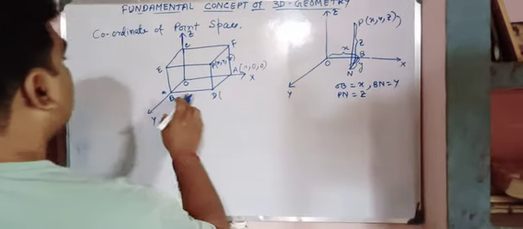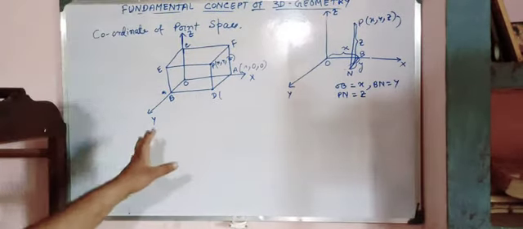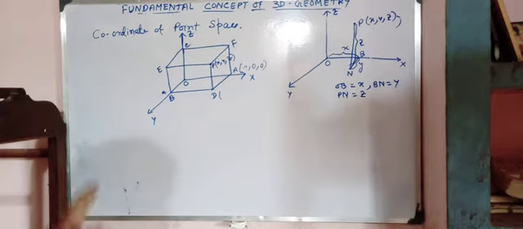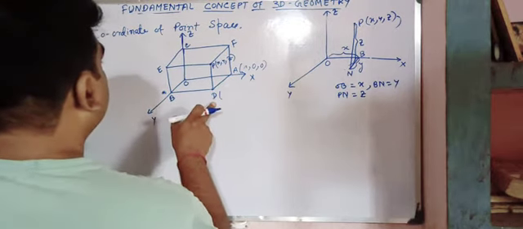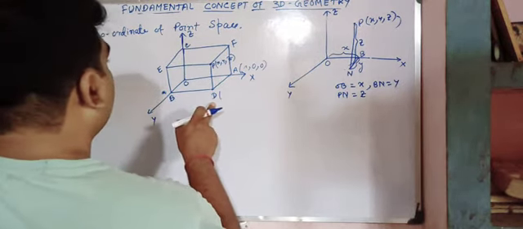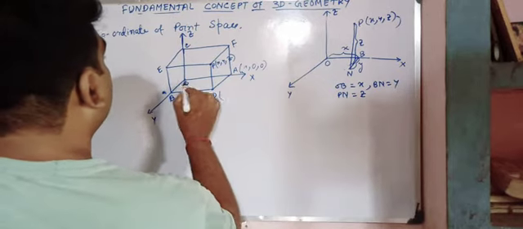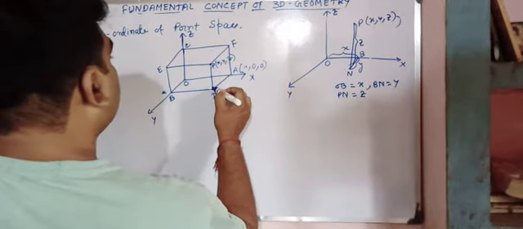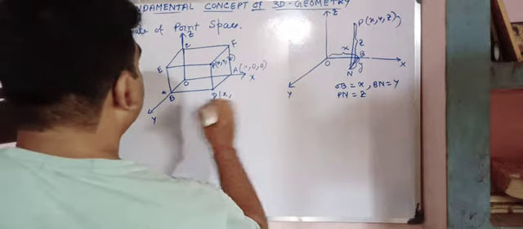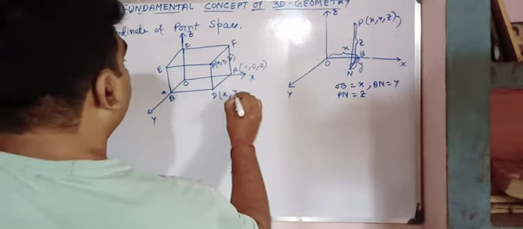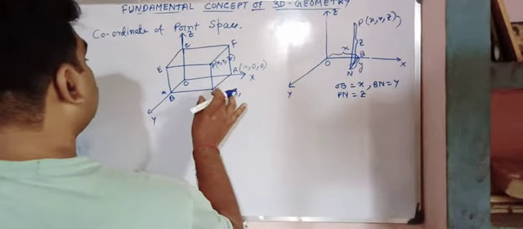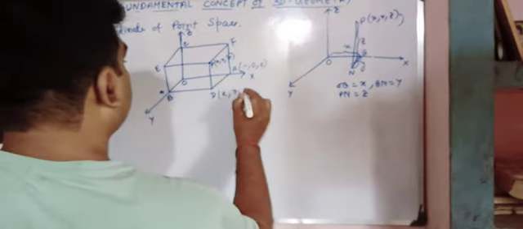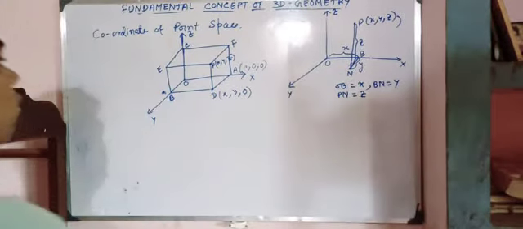Now let us come to the coordinate of D. When I am putting the coordinate, you can understand how the coordinate comes. I will define that to you. Next, there is the coordinate of D. How? OA plus AD. Now my OA is equal to x, and AD is equal to y, and since it lies in the xy plane, there is no z value over here. So the z coordinate should be 0.